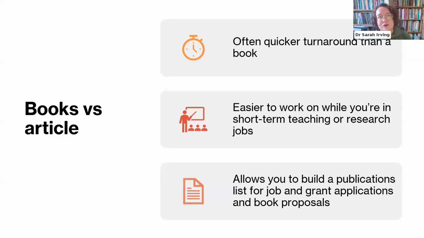I know, for instance, that a few years ago, it was reported that people who got 3-year postdocs from the Australian Arts and Humanities postdoc funding scheme had an average of 12 publications already under their belt. And that's for people who, by definition, were fairly early career researchers. So there's a huge pressure career-wise to get publications out. And articles can be one of the quicker ways of doing that.